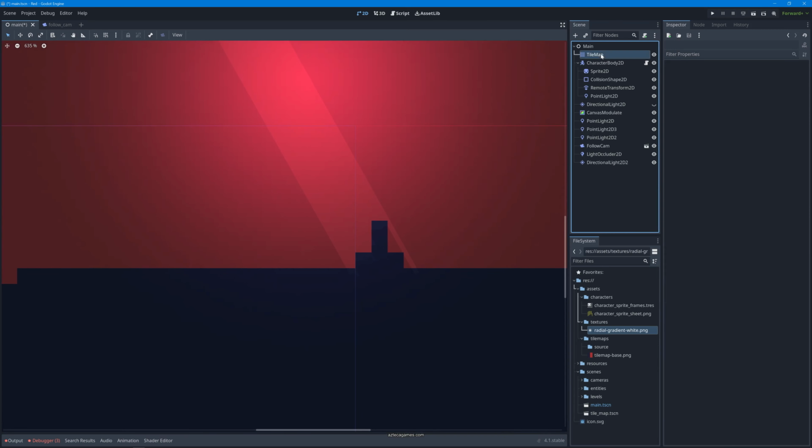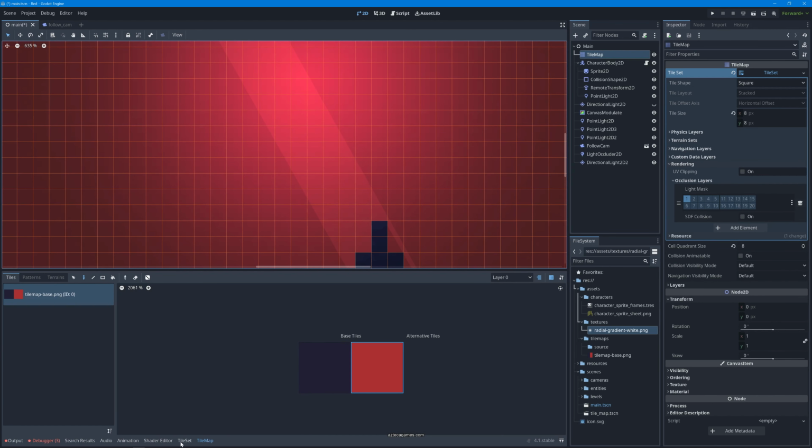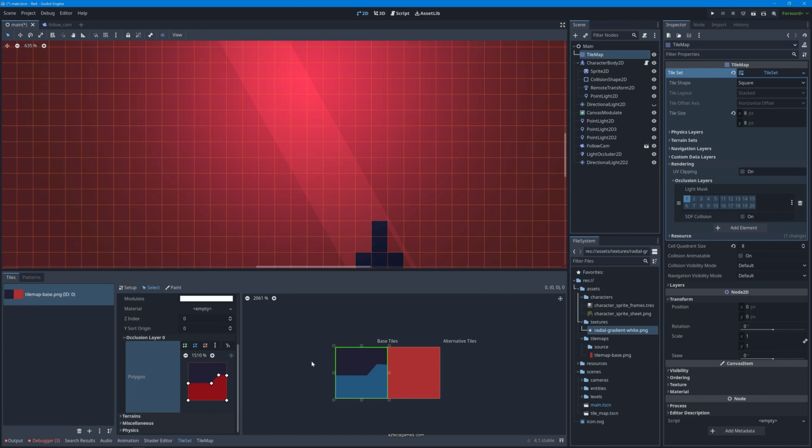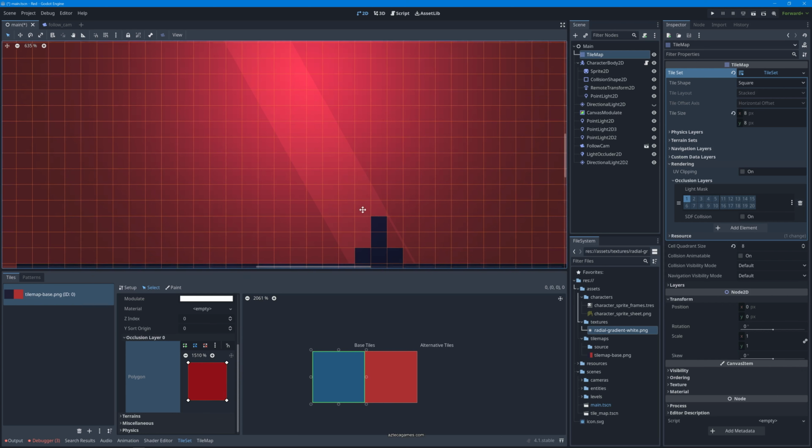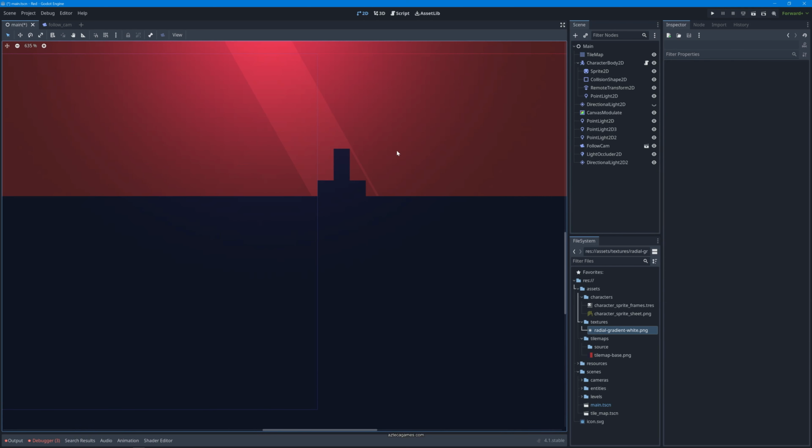So let's go ahead and go back into the tile map and reset that shape to be a square. So remember, I have the square selected, and what do we hit? We hit the F key, and it just resets the polygon shape to a square, and there's no need to delete the old one. It'll just overwrite the polygon that you have in there. So now you'll see we have this cool lighting. So when I hit play,